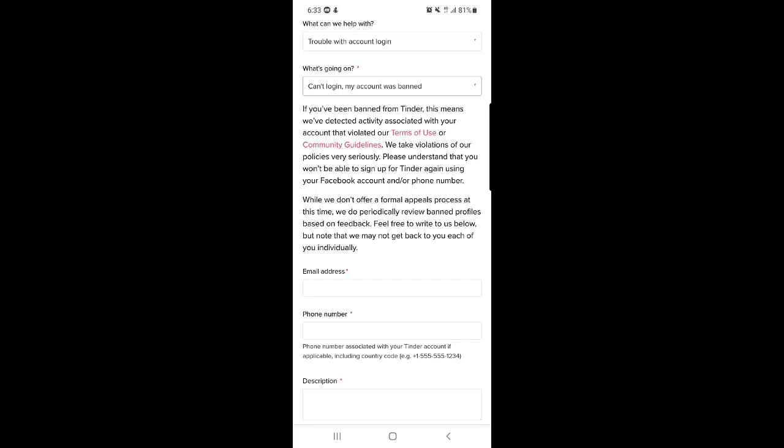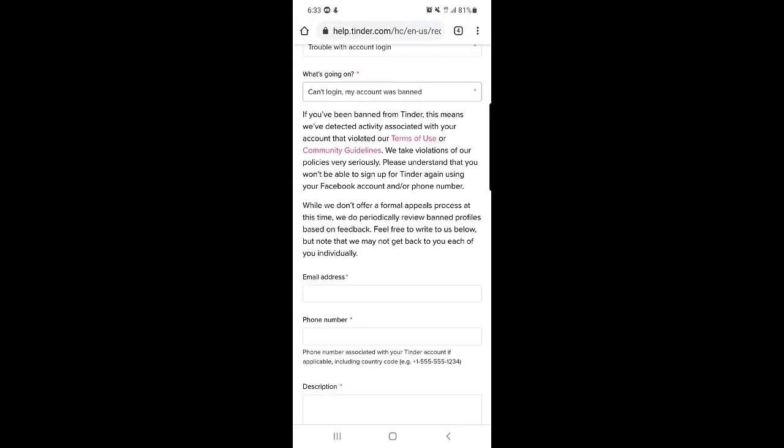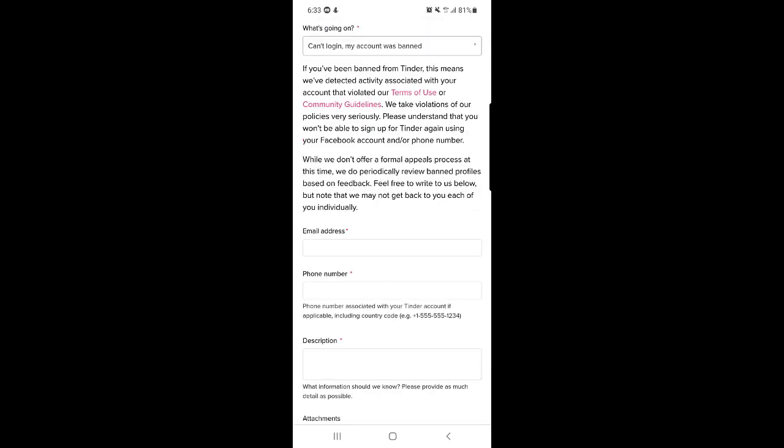Please understand that you won't be able to sign up for Tinder again using your Facebook account or phone number, the same phone number that you have been banned from, or the Facebook account that you used to create an account. So you cannot use that anymore, because they will ban you again, or that is already banned. While we don't offer a formal appeals process at this time, we do review banned profiles based